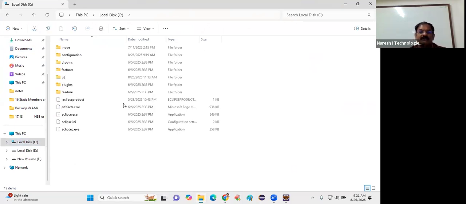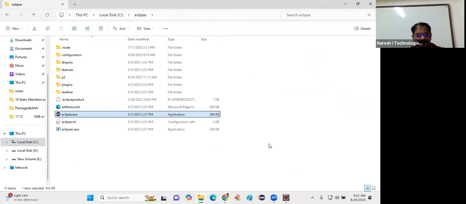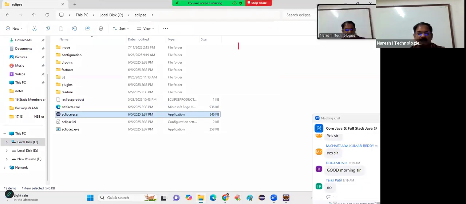In this Eclipse folder, how to start Eclipse? Double click on this eclipse.exe. So repeat once again. What are the points? Point number one, open browser. Then second, search Eclipse download. Third,